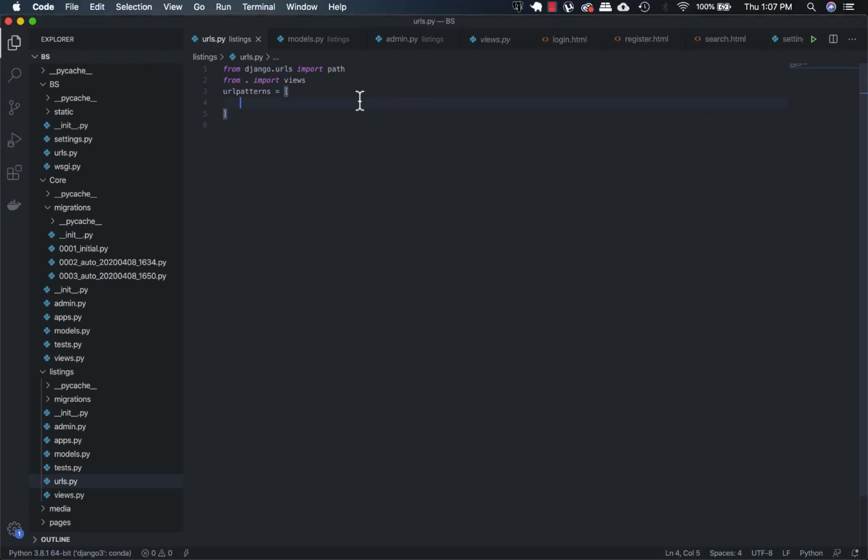So we're gonna have path. We're gonna have 3 views, one for the listings view, one for the listing view, and one for the search view. So view start, listings, we'll name it listings, copy it, paste it,